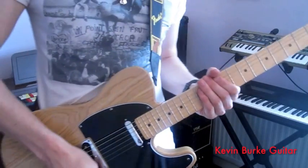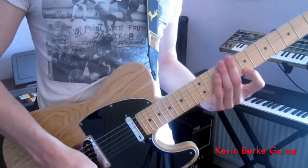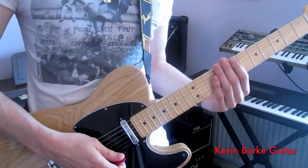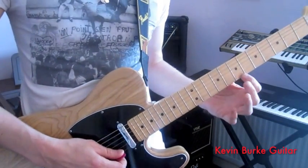So here we go with section 1. It's essentially in G major. There is a little bit of G mixolydian in there at one point, but for the most part it's G major. And section 1 is...